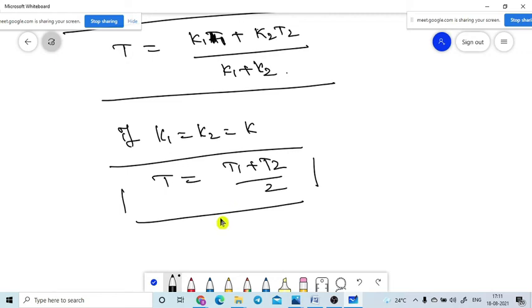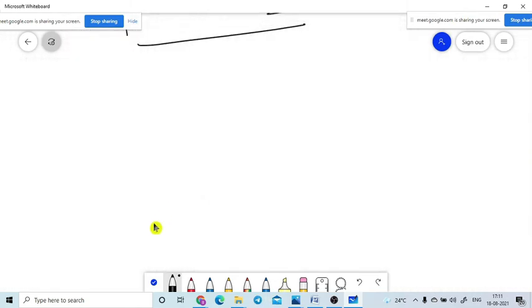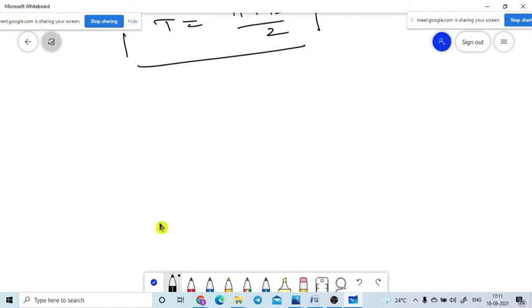Just very important. Now you can already guess what the next topic is that we are going to discuss. If the resistors are connected in series, then after that what can we discuss? Parallel. So if the thermal conductors are connected in parallel combination, now we are going to the second case.